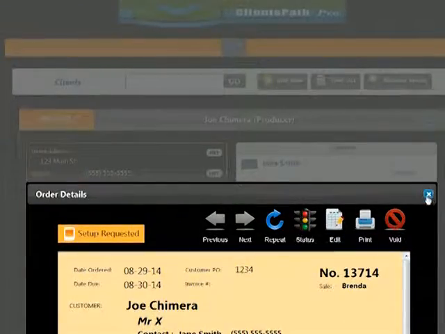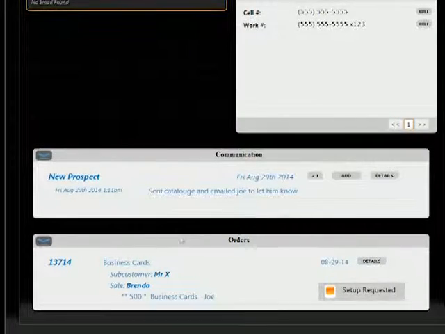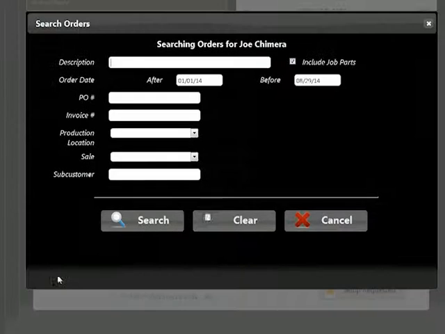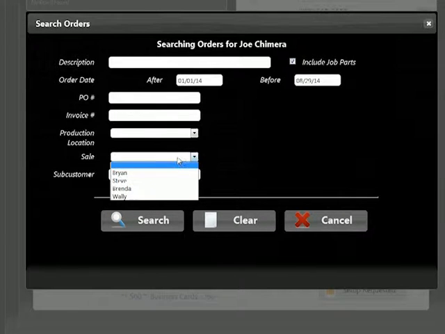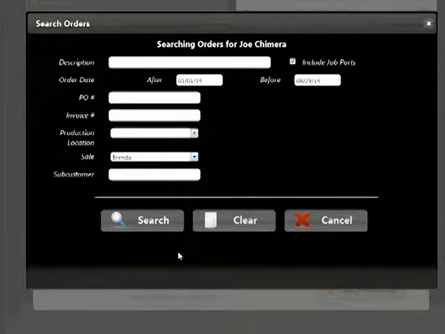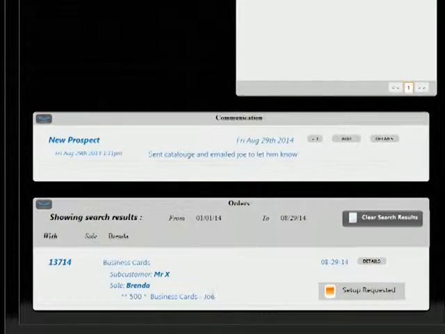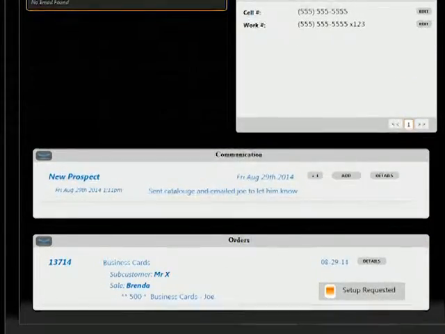Two really powerful things about the order management. If you call me back a week later and you want a specific order that has a specific thing in the description, or again for a specific sub-customer, I can come in here and search within your orders, and we can search those custom fields that we've built for you. So now I can say, give me all the orders for just your company that has Brenda as a salesperson, and that will come up. And same thing, once we clear the search results, it will go to all of them. Now we only have one order in the system.